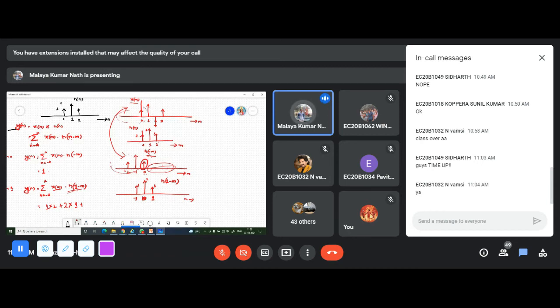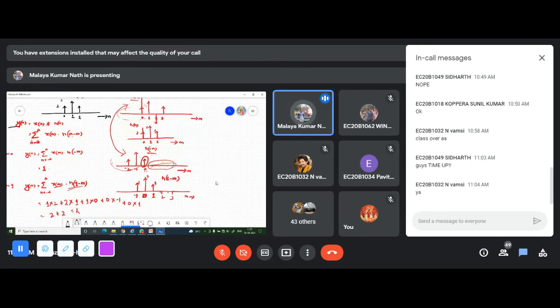At minus 1 it has a magnitude 0, so that is equal to 1 into 0, plus at 2 it has a magnitude of minus 1, that is equal to 0 into minus 1, plus at 3 it has a magnitude 0, but this has a magnitude 1, so that is equal to 0 into 1. So now what is the value coming? That is equal to 1 into 2, that is 2 plus 2, so that is equal to 4. So this is giving rise to 4 for n is equal to 1.